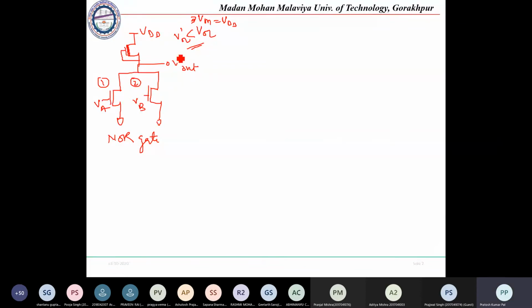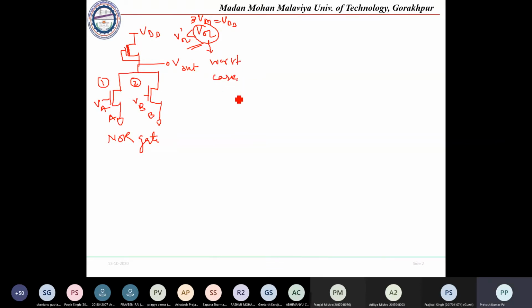Okay, so for the NOR gate implementation, we have seen in the first case the VOL value that is given when either NMOS A is on or B is on. If both are on at the same time, we were getting a lower VOL value. So once we go for implementation, we will be considering that only one transistor is on at a time. So this will be giving you the worst case analysis.